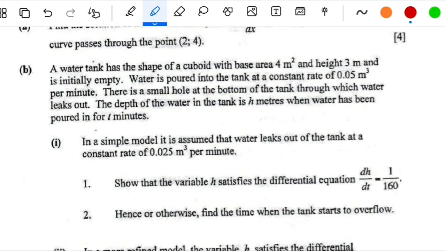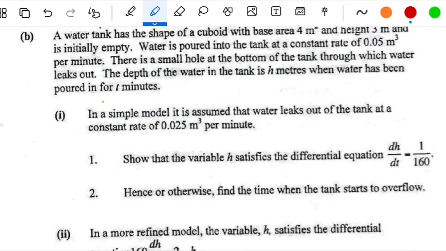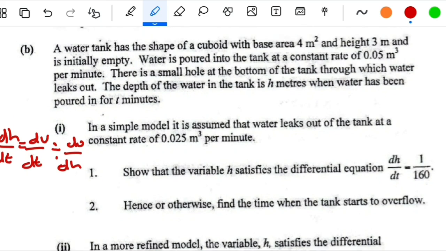Okay, so this one, let's try to squeeze it here. We say dh over dt equals dv over dt divided by dv over dh. We know our dv over dt: it is the difference of the rate of pouring in and the rate of leak. So it is going to be what? 0.05 minus 0.025 is going to give us 0.025